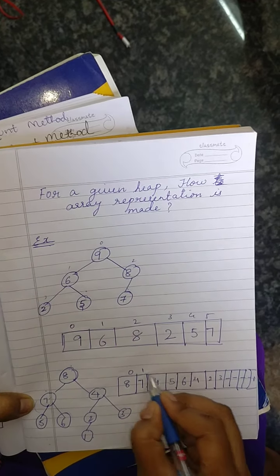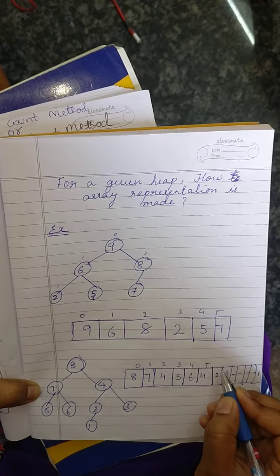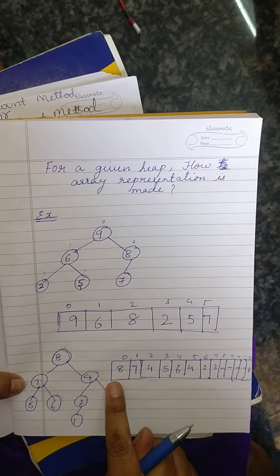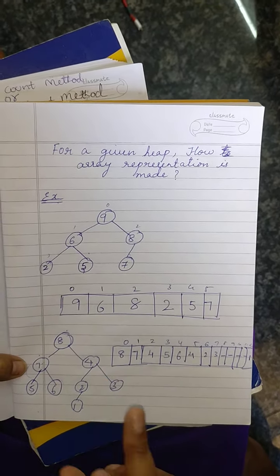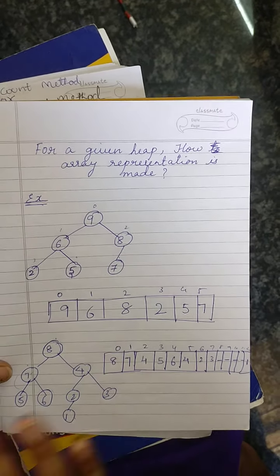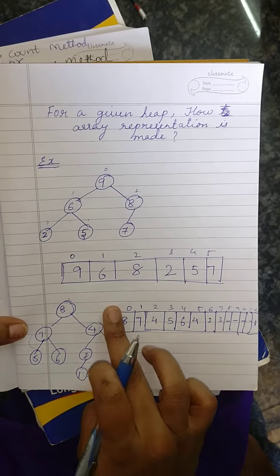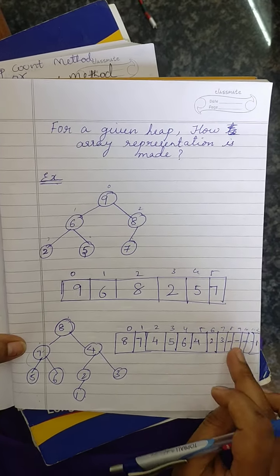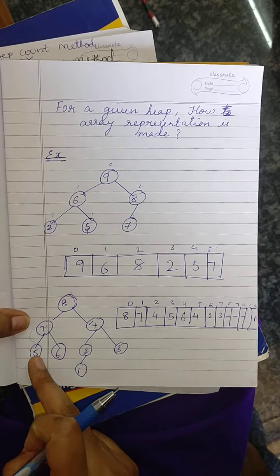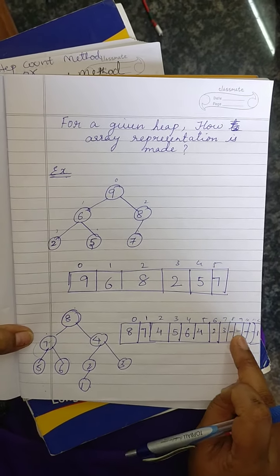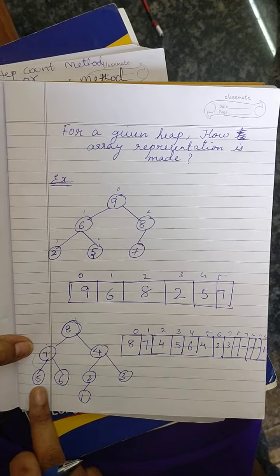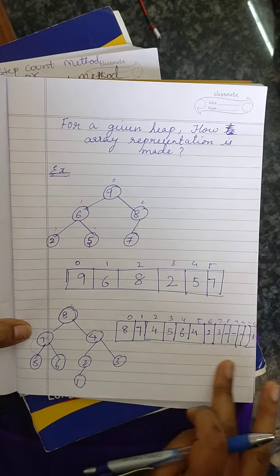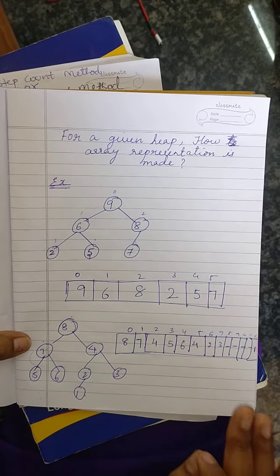Now you name the indices 0, 1, 2, 3, 4, 5, 6, 7, 8, 9, 10, 11 and 12. So totally you have 12 indices here. Keep in mind, is this a complete binary tree? No. When you represent it in the form of an array, if you are getting any hyphens, or if there is no left child or right child, and if you are getting any space like this, and then you get the next left child or right child, then we don't call it a complete binary tree.